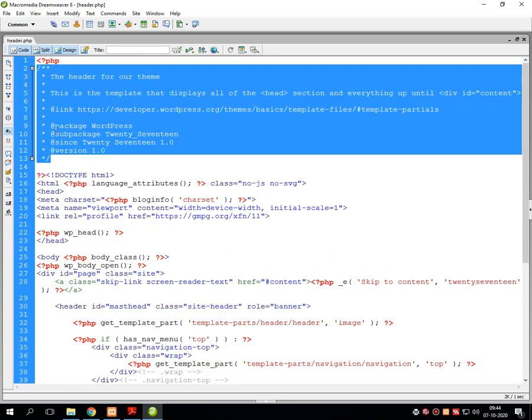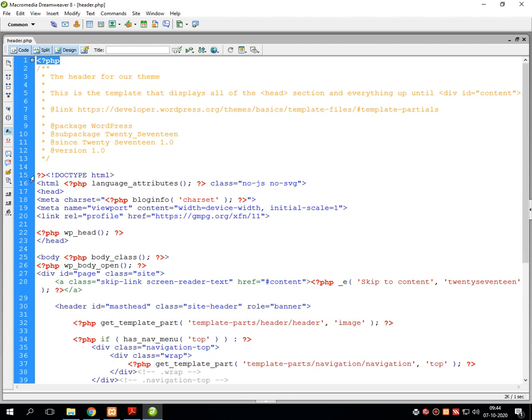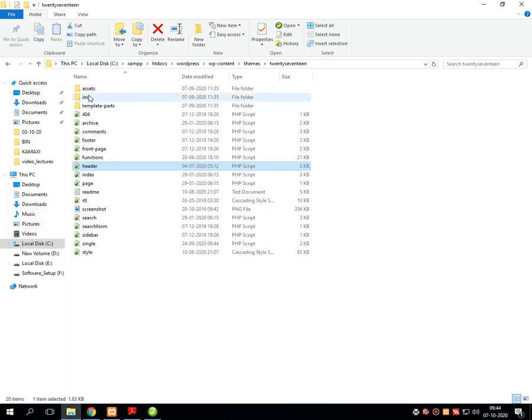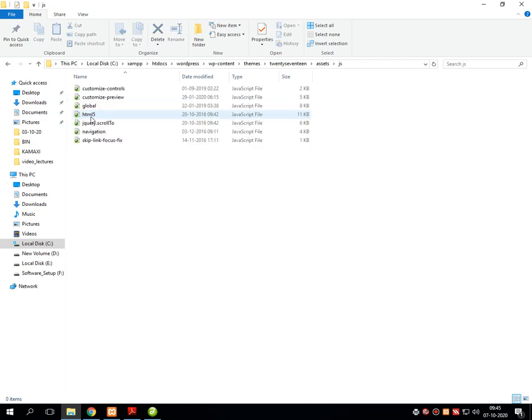Then once this PHP tag gets opened, the static HTML goes over here, that is the HTML language attribute, class, node.js, node.svg. These are the class files which are called from the subfolders of the program like assets and JS.